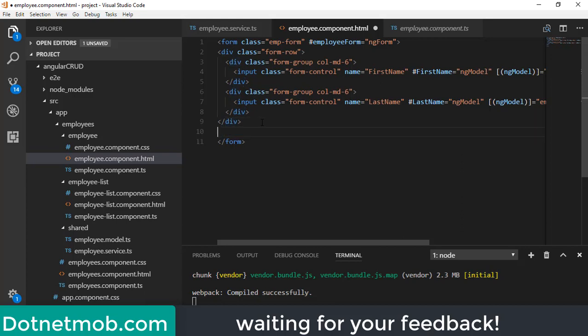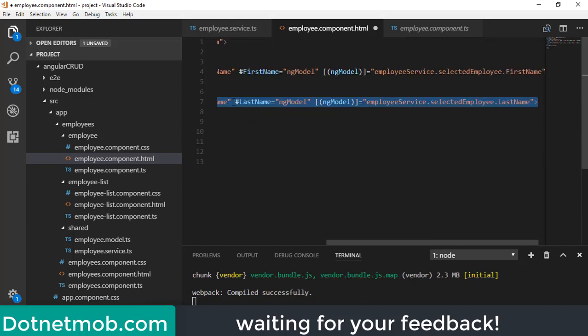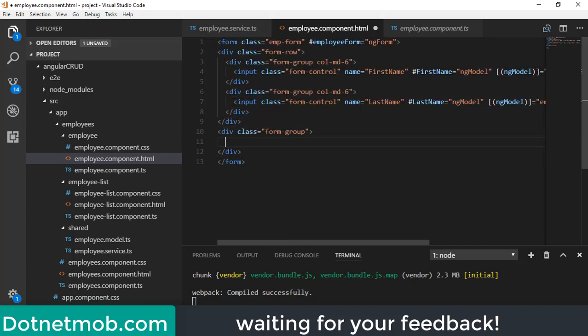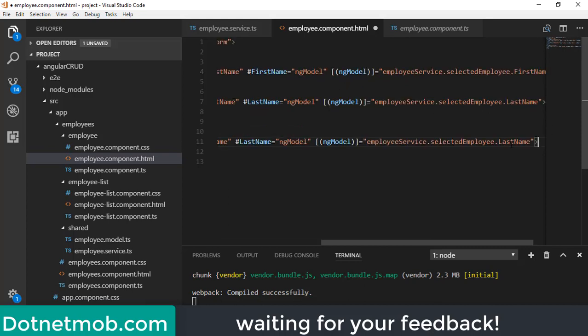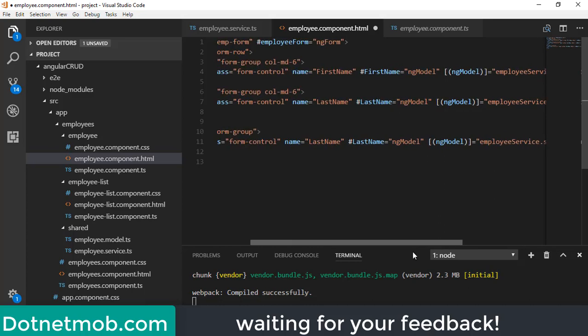For that we don't need a form row div, we just need a form group div. Inside that we can add text box like we have done for first name and last name. Let me copy and paste in here. Instead of last name we have position. Let me edit the corresponding attributes with position